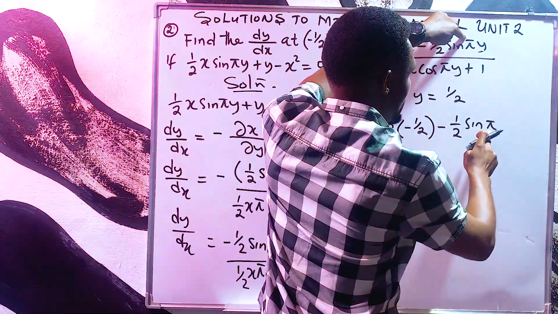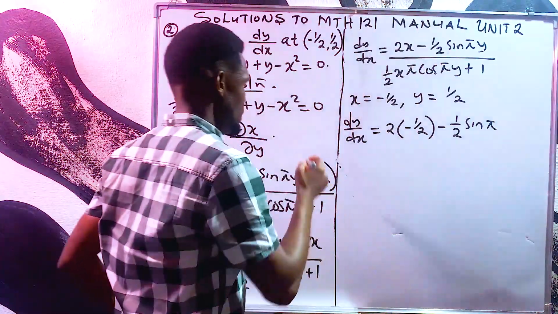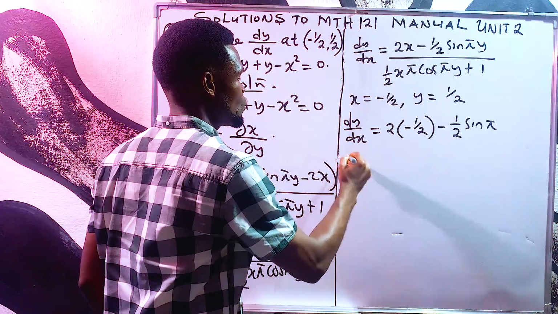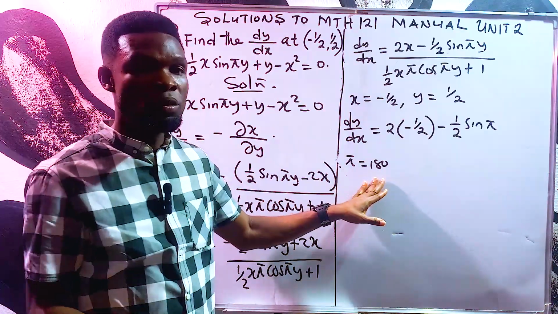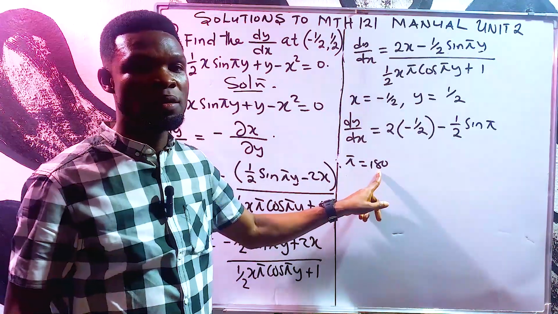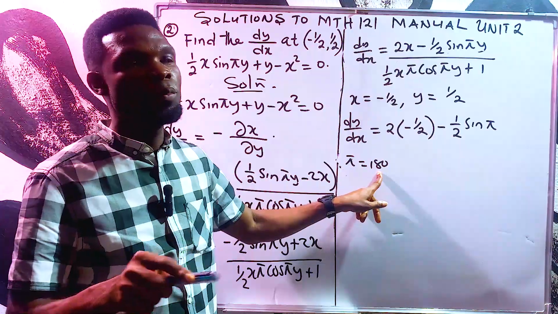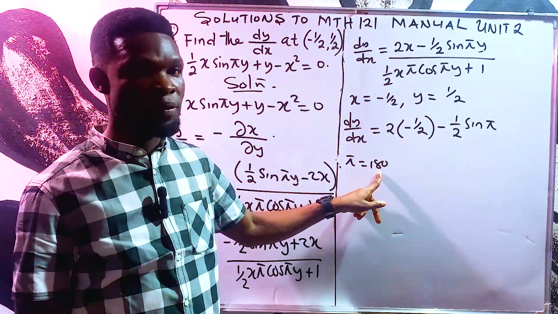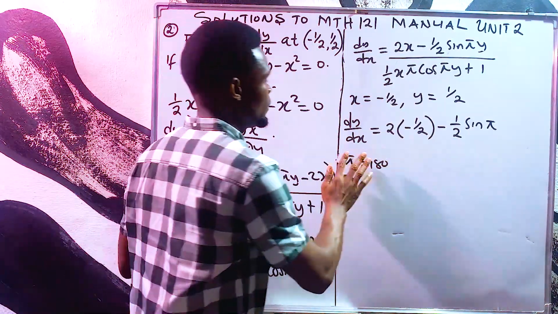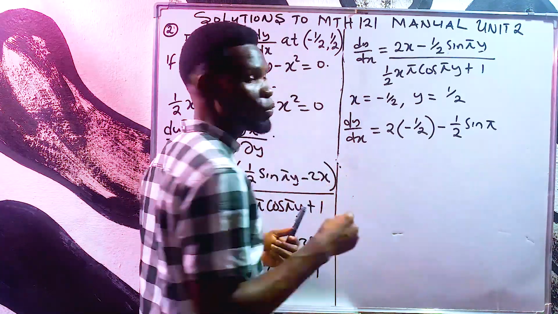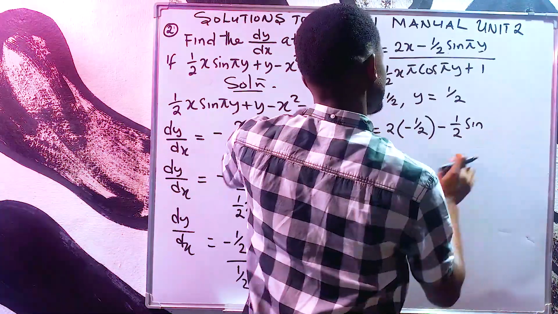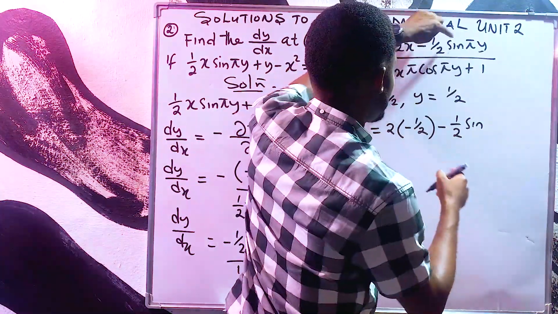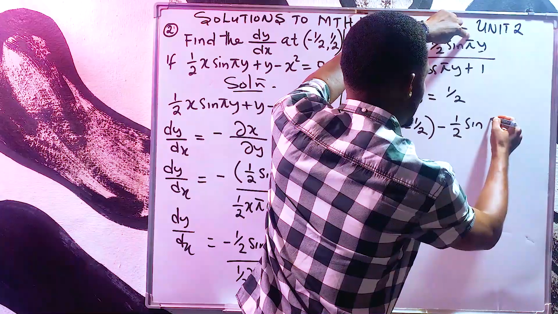What is pi? Please note, pi is equals to 180. So in trigonometry, pi is 180. In geometry, pi is 3.142 or 22 over 7. So since we are dealing with trig here, pi will be seen as an angle which is 180 degrees. Okay, so I'll have this to be sine 180